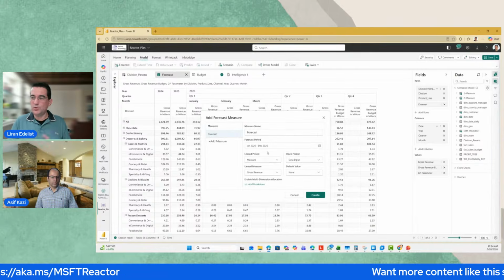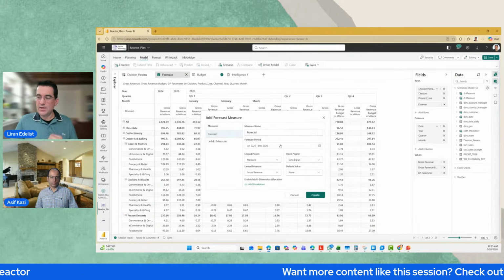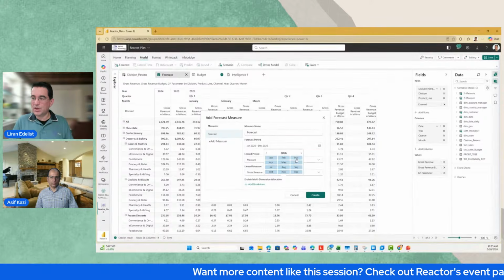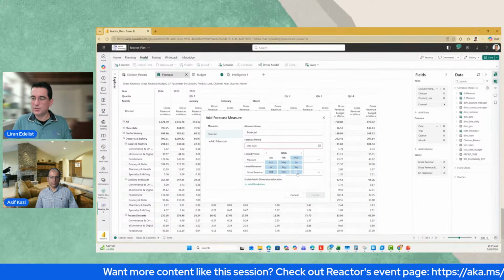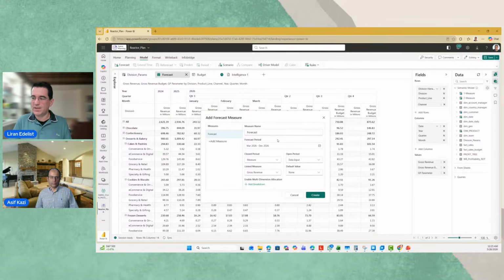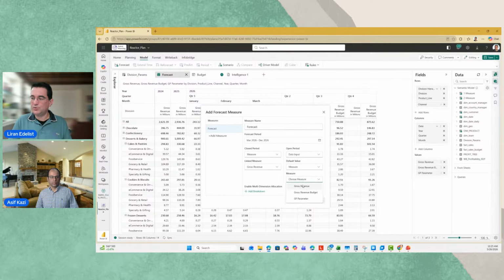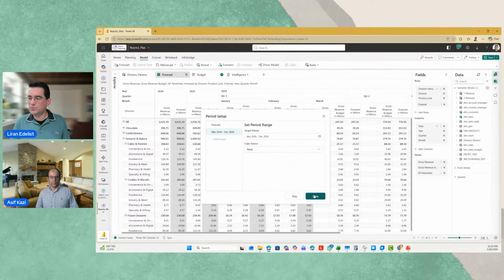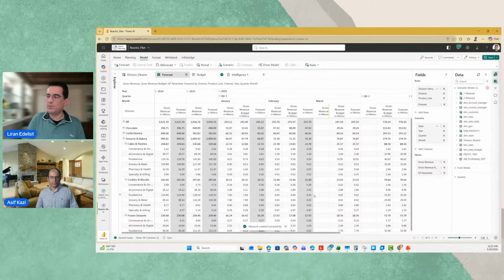So I want to create my forecast version, and my forecast version is going to start at the month of March till the month of December. Okay, so I'm starting with that. For the closed period, I really want to see my gross revenue, but for the open period, it will be a data input, but I want to default it to my gross revenue budget. So literally, once we create that, it will take a few seconds. You see everything is working pretty quick here on Fabric Plan.